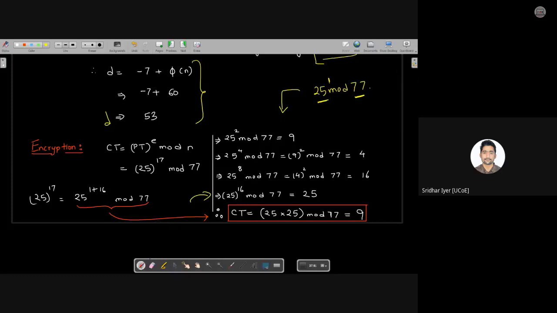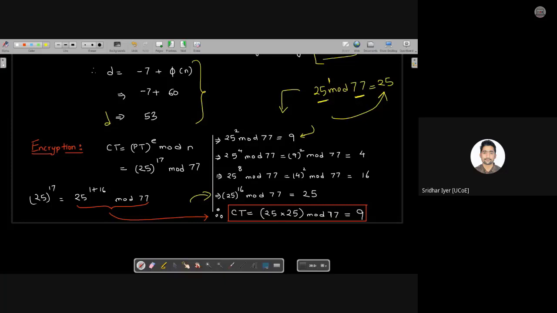25. Fine. So as we can't take the remainder of this particular step, it has to be the number itself, that is 25. So now let's proceed ahead. What is 25 square mod 77? It's very simple. Whatever answer you got in the previous step, take a square of it. So it becomes 625. So 625 mod 77, if you calculate that, it comes out to be 9. I hope you now have the understanding of how to calculate this value.